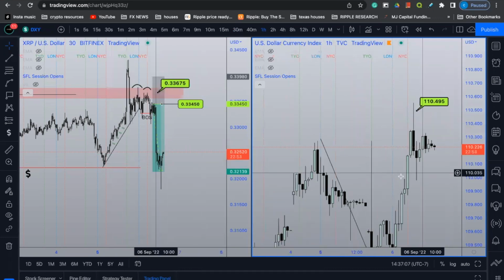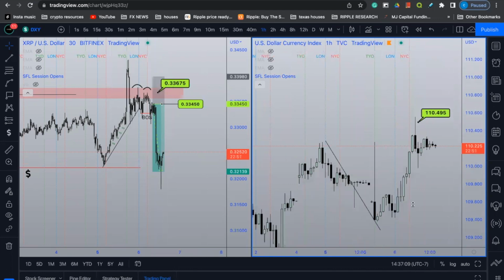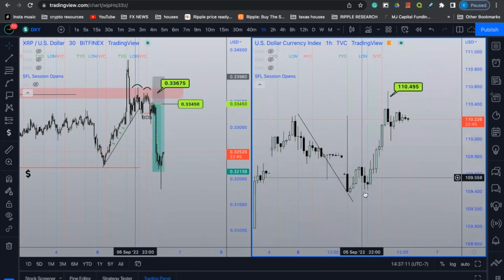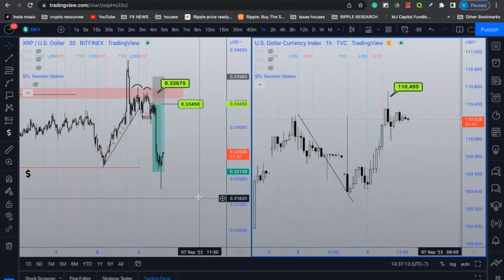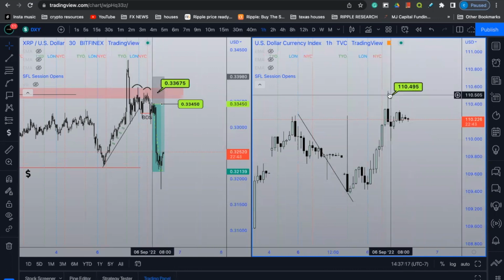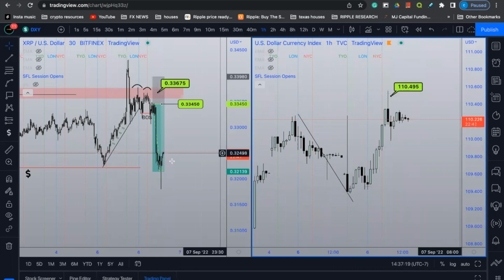Okay. So again, I told you guys that I trade this divergence in the market where if the United States dollar is strong, then I look for sell positions in the XRP US dollar trading pair. And then vice versa. If the United States dollar weakens, I look for buy positions. And that's just a confluence that I utilize, a little gem that I like to drop to you guys on YouTube. With that being said, take it with a grain of salt.